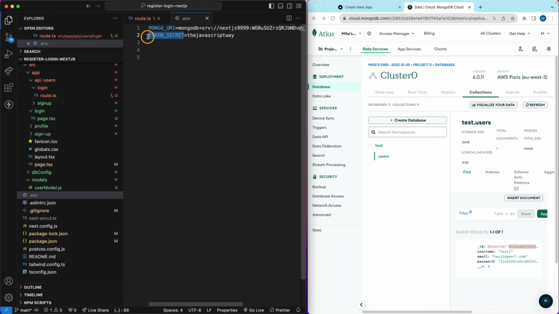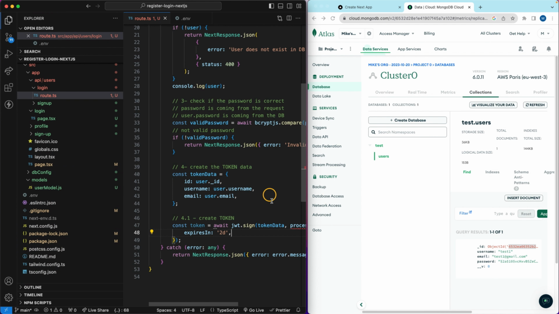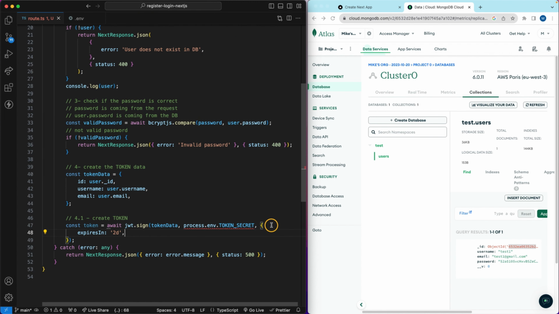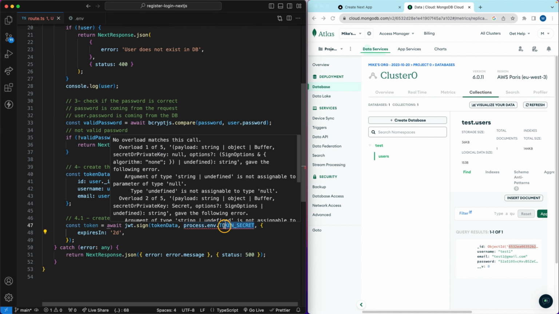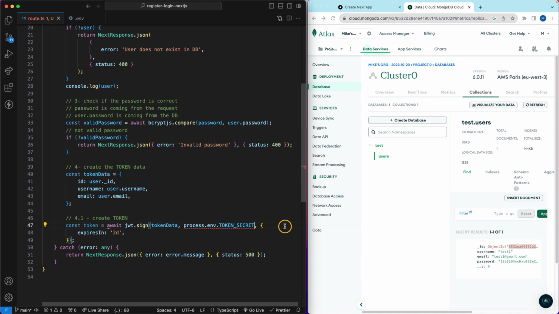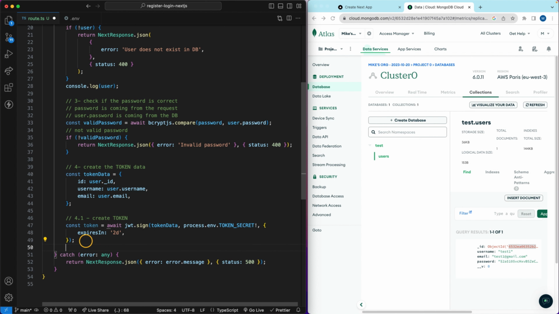Oh, I said token data. I need to say token secret. Oh no, okay. Token secret, yeah, it's the same. I think if I add this, yeah, so adding this will remove the problem. Okay, this is stuff that, I mean, I'm not really sure why this breaks sometimes, but in here,